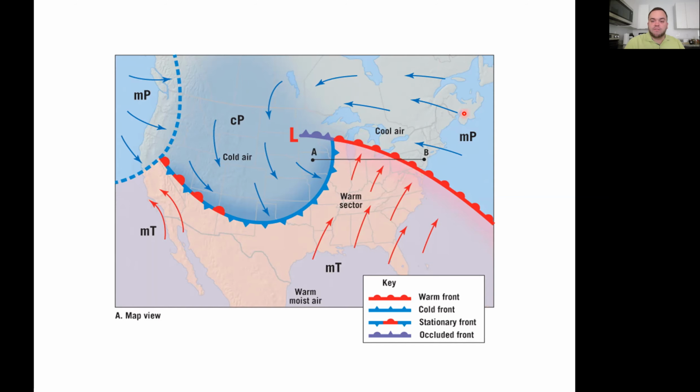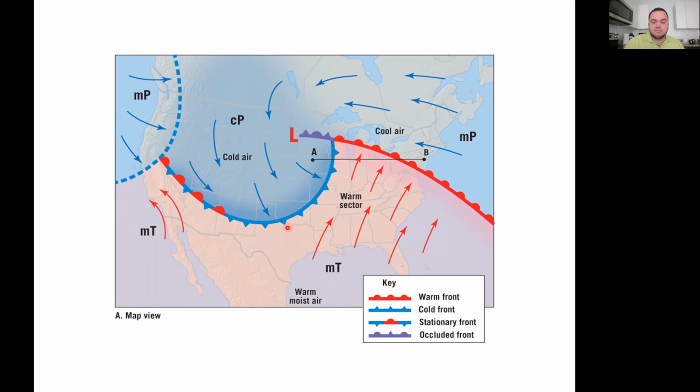To the north of the warm front, we've got relatively cooler air, maritime polar air from the far northwestern Atlantic, so much colder than the warm, humid air to the south and west. Notice here, coming down from Canada, we've got continental polar air. And we talked about how Canada was a source region for that continental polar air, which in the wintertime is very, very cold and very, very dry. And so look at how the cold air is moving from the north towards the south. And at the leading edge of that continental polar air, we've got a cold front